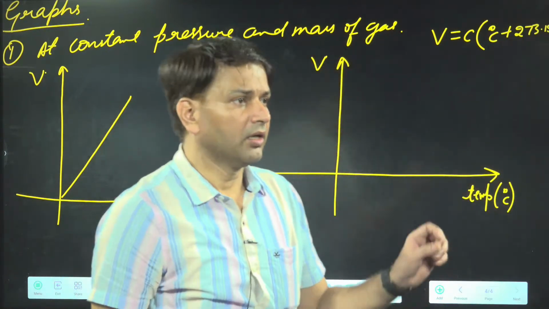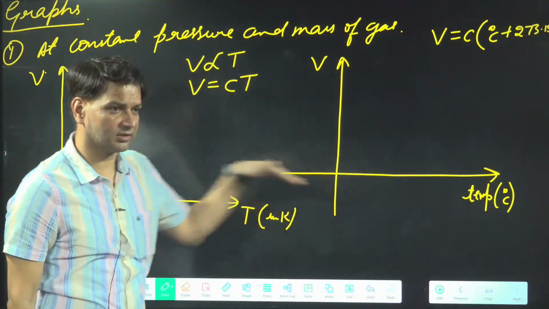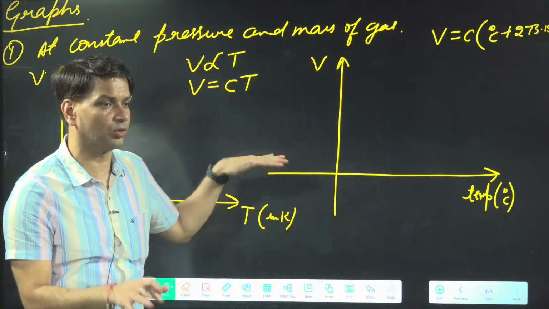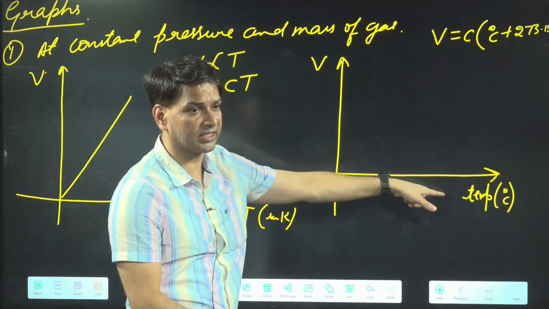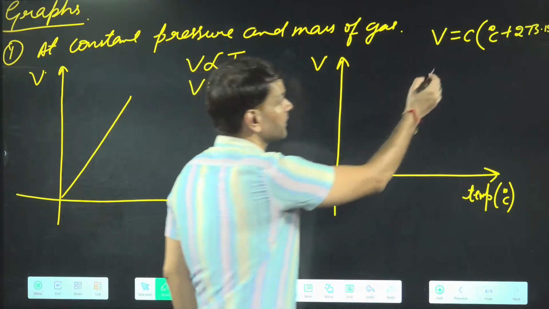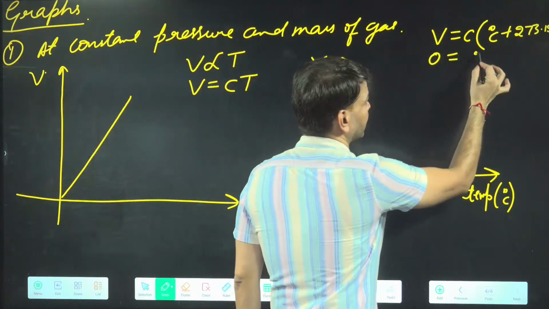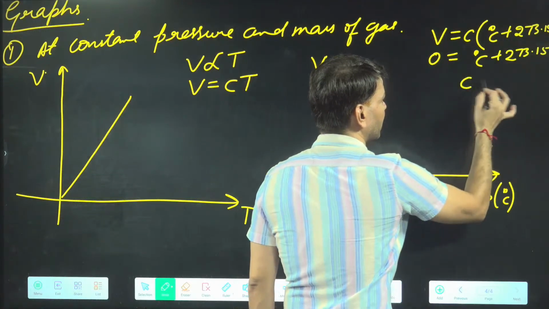So when I put for the x-axis, y has to be 0. Y means volume and x means temperature in degree C. So what will happen? The graph will shift to the negative. Why? If I put volume equal to 0, then I will get degree C plus 273.15 equal to 0. So see what you will get? Minus